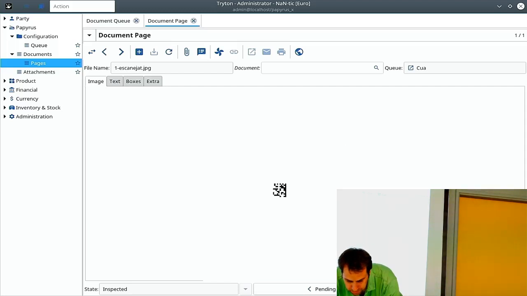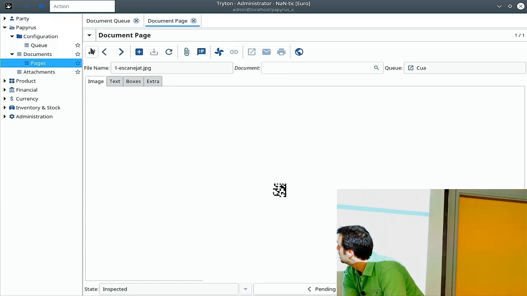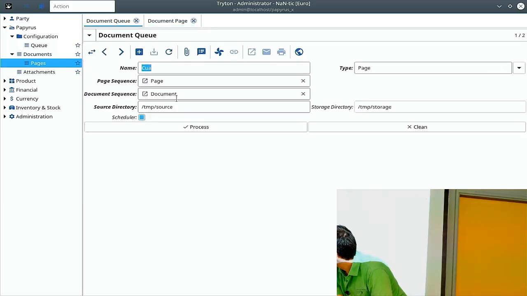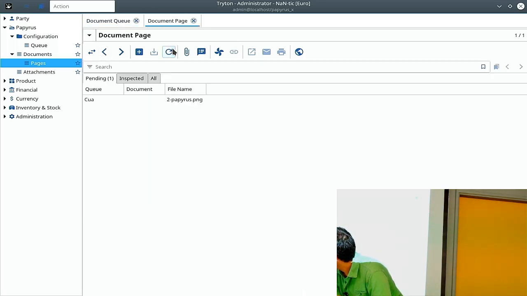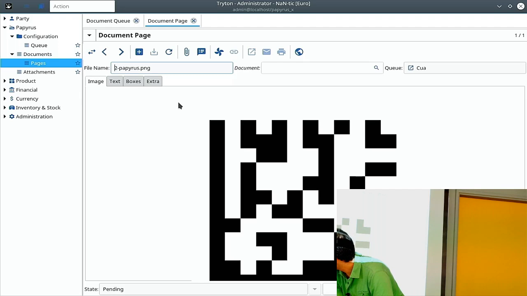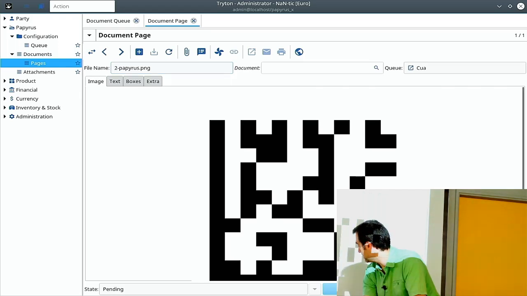Oh, okay, yeah. Now I pick the right document. So I process again. There's a new document in the queue. This one is named Papyrus. And if I now did it correctly,